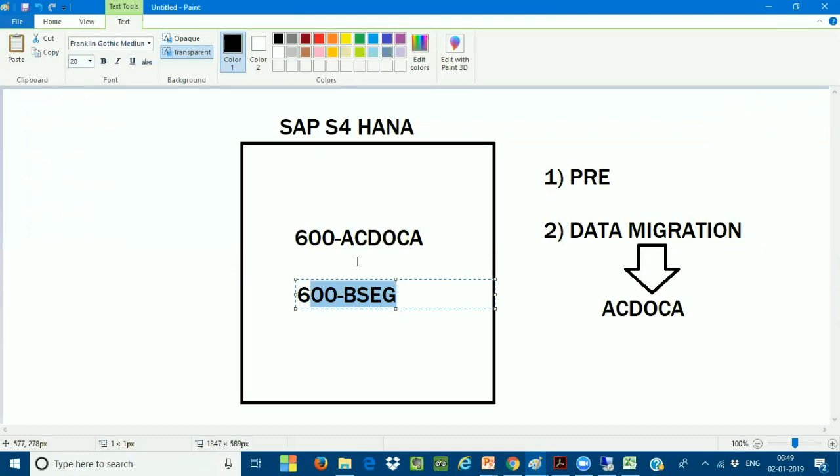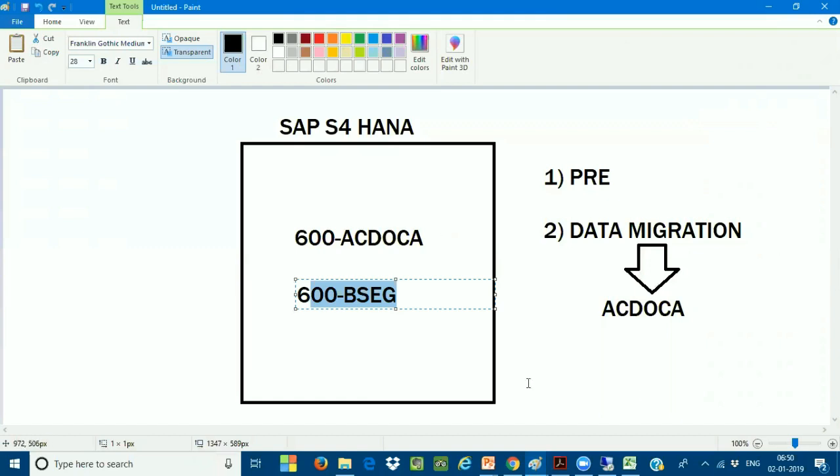No need to call the BSEC table, because the volume of data in the BSEC table is also contained in the ACDOCA table. Okay, so I will keep my logic as it is, but instead of BSEC, I will just call ACDOCA. Exactly, sir. You're absolutely right. Okay, clear.